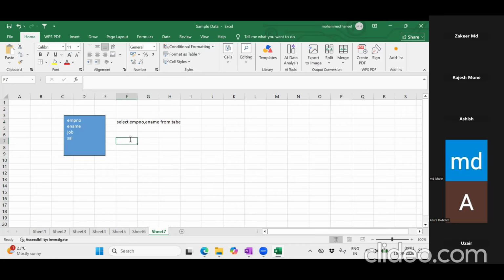Okay, how will you write the query: create or replace view. Earlier we were writing create or replace table, right? Here, view, the view name emp underscore view, as select ename, emp number, and ename from emp table. So if you write and execute, what will happen? With the name of emp underscore